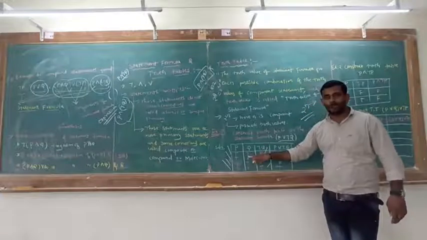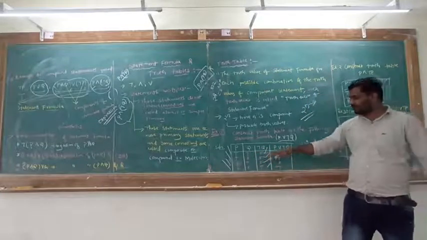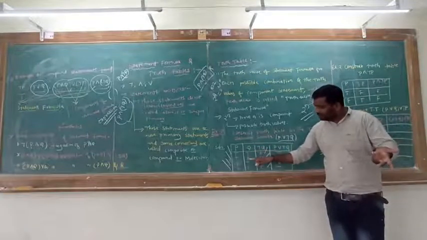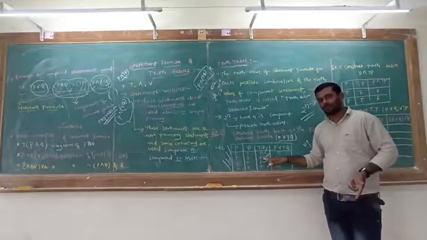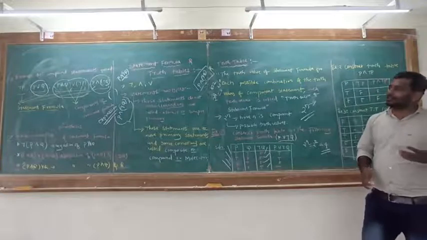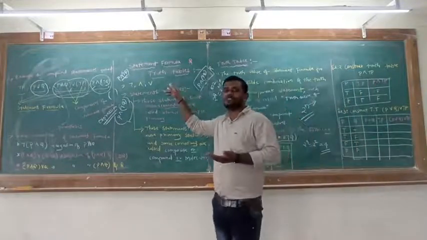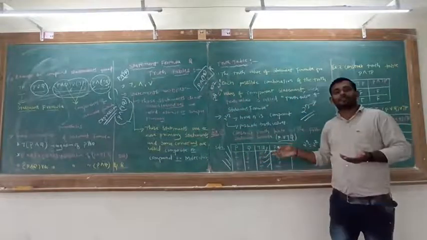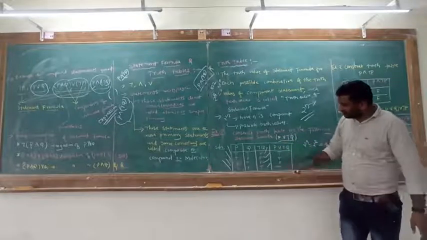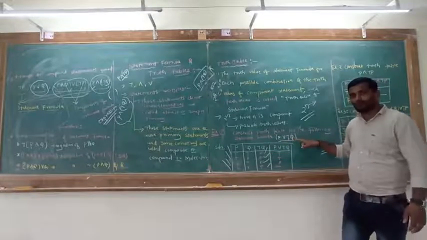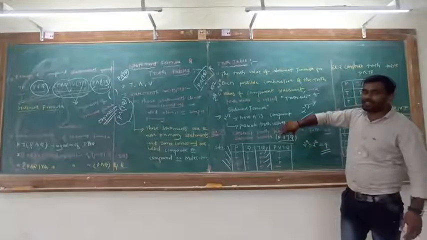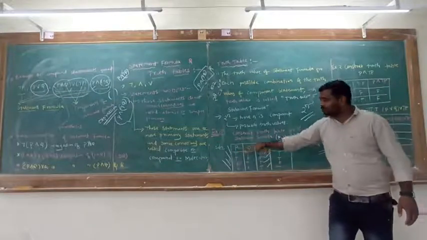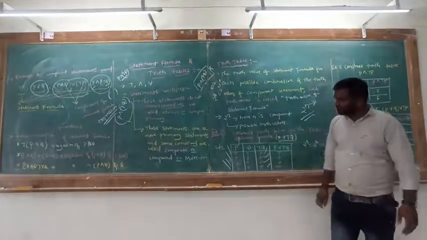Next, the negation of Q. Where Q is true, the negation of Q is false, and where Q is false, the negation of Q is true. So use the truth tables of negation, conjunction and disjunction; by using those truth tables only you have to construct the truth table of the statement formula. Here you calculated the negation Q truth values. Next we have to calculate the whole statement formula. We already have the P column and the negation Q column; both columns you have to use now.